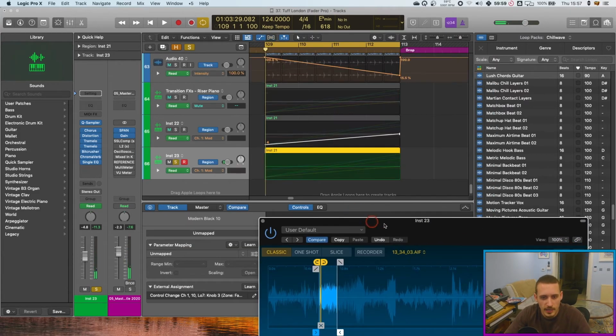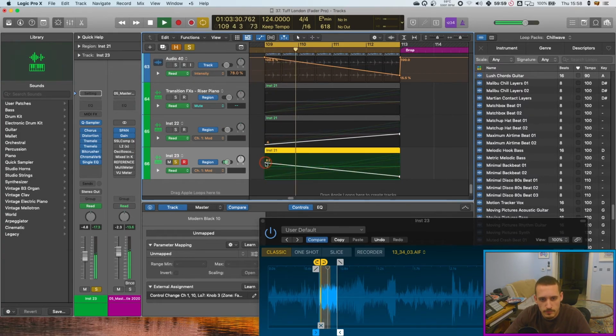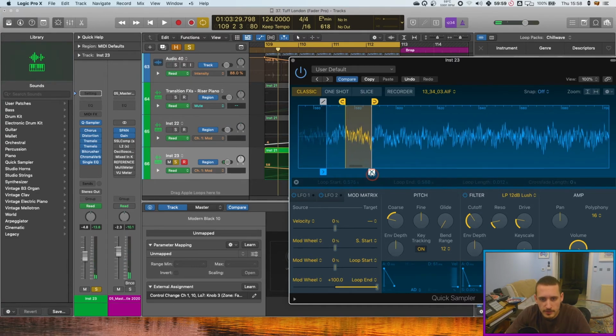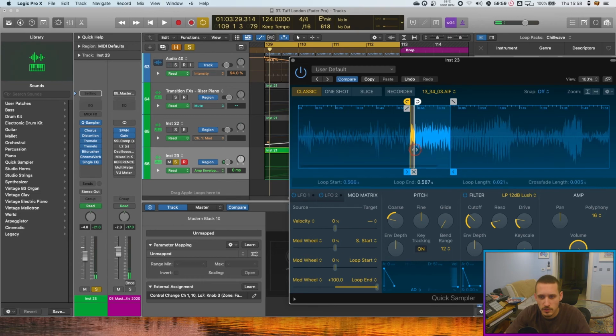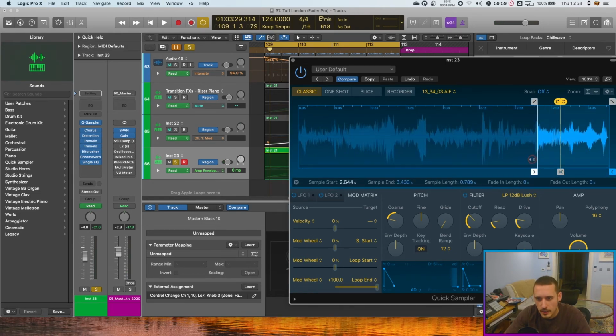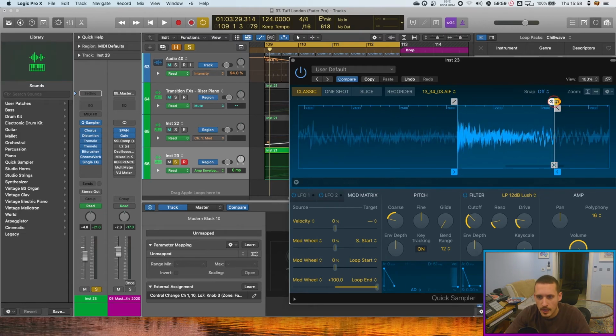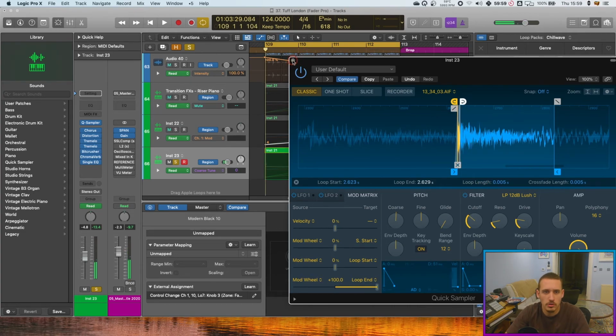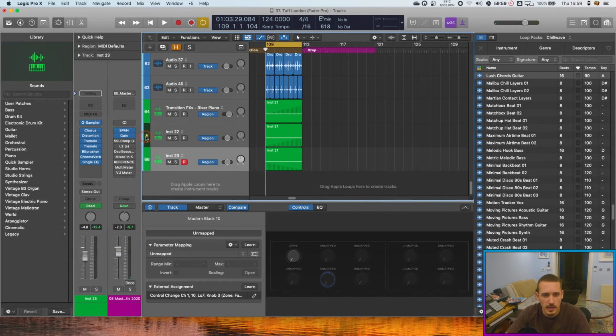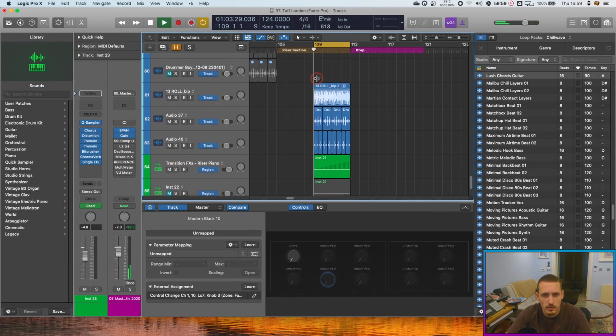Let's map this in again, map it to mod, and maybe just draw it in like this. And I think I want a little bit of fade. I could have done that with a very different sample. Maybe if I do something at the end of this little area here, and we're just creating the loop at the start. Cool. So you can see it's just instant variations, and if I layer maybe some of these up together,